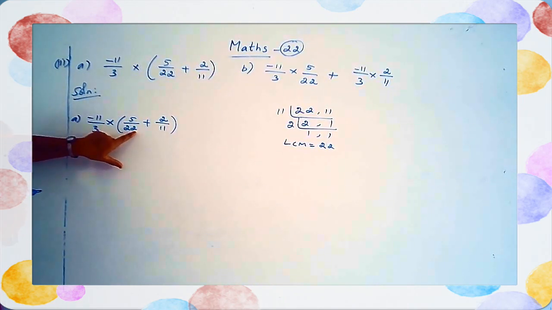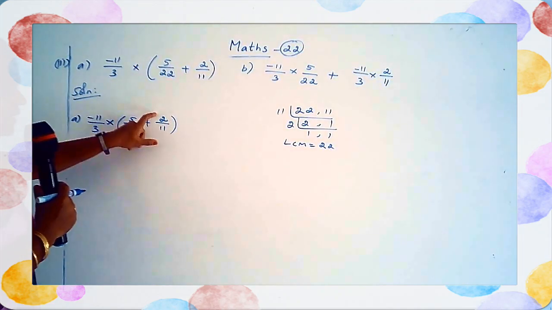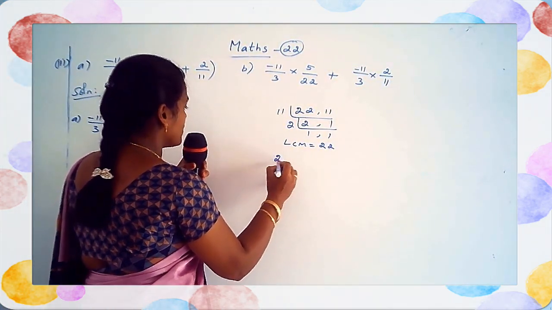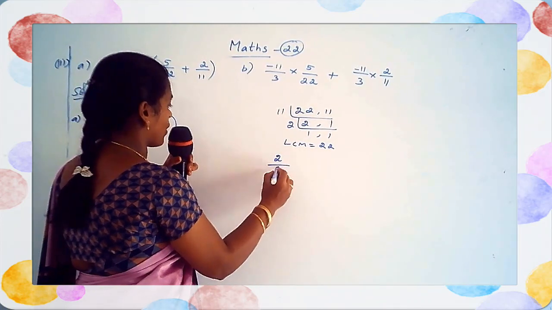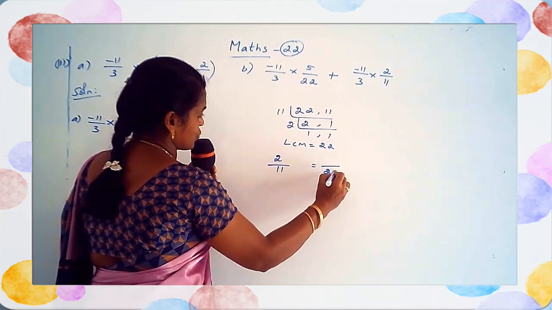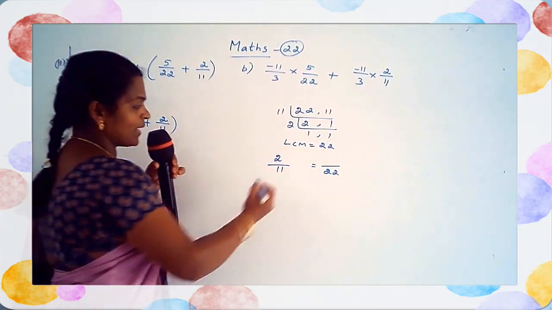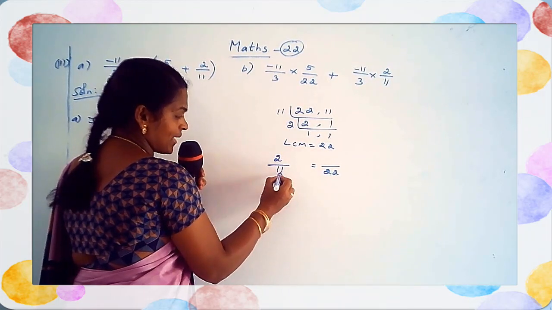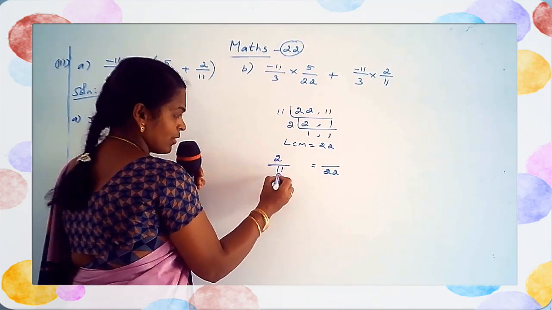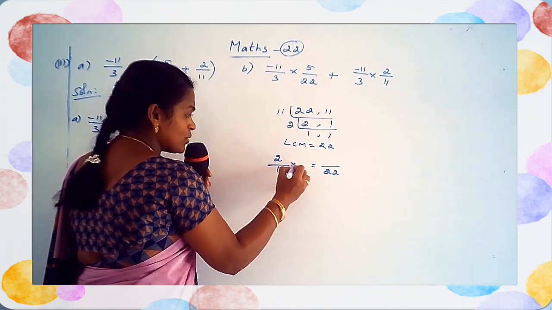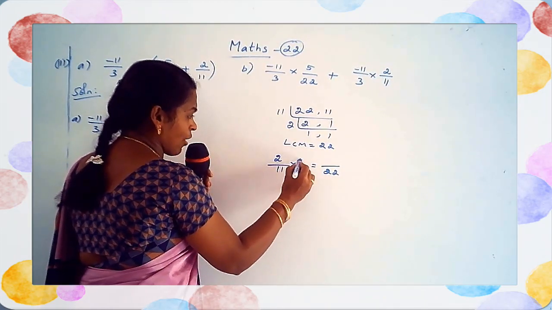Okay. So, here you see two rational numbers are there. One rational number already has the denominator 22. So, now you change 2 upon 11 to denominator 22. You take that rational number 2 upon 11. Now we need the denominator as 22. Which number do we want to multiply? Here the denominator is already 11, so yes, 11 2s are 22. So, you multiply the numerator and denominator by 2.